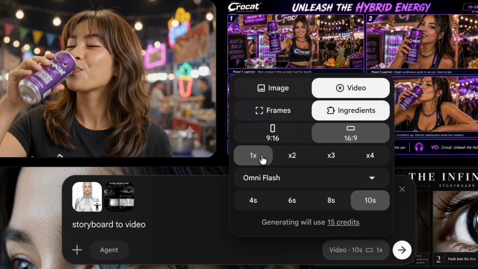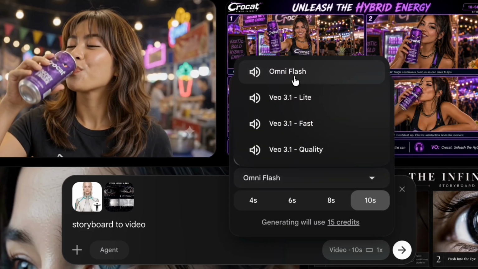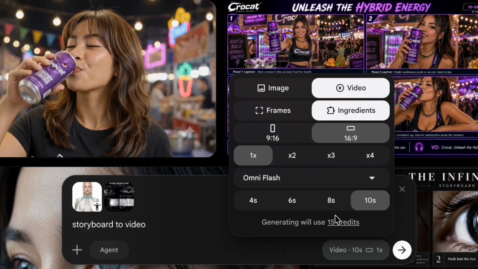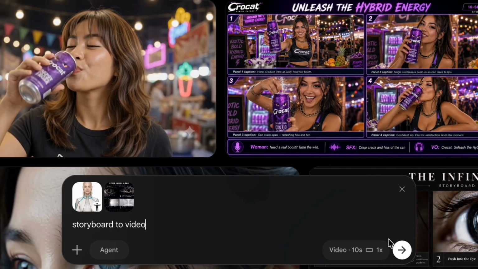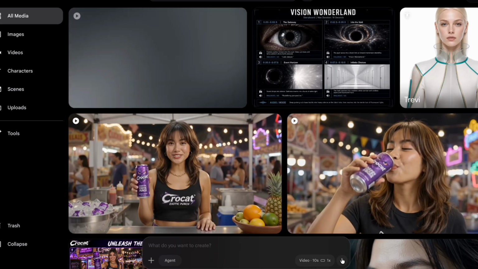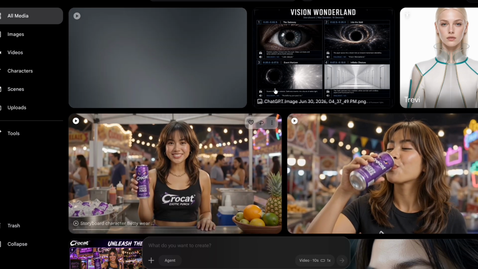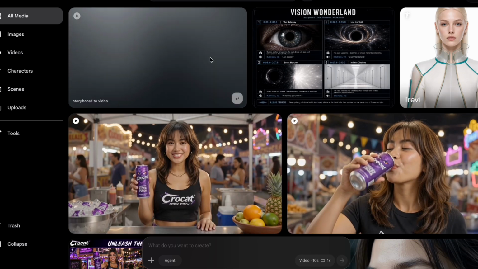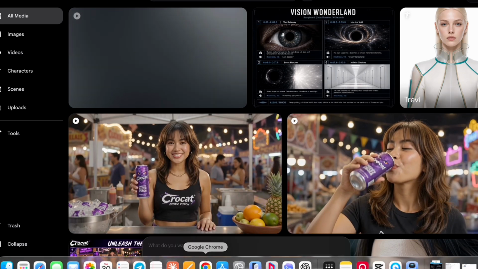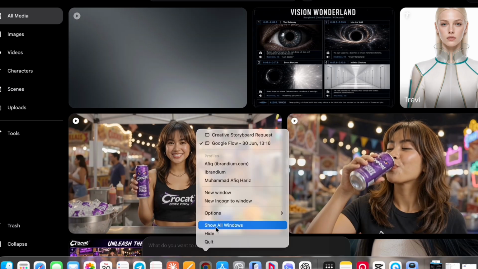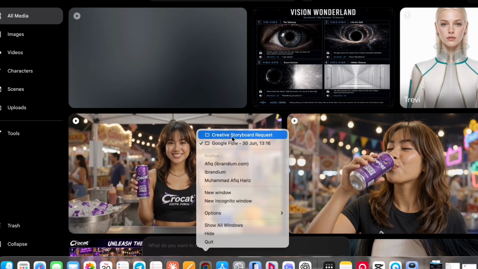And the videos can be one, and the Omni, we're gonna use Omni Flash, which is around 15 credits for 10 seconds. So then we're just gonna click. Yep, this one's gonna be like next year. So this should be it. All right, so on the other hand, let's do other parts. So while we're waiting for that video to be completed,